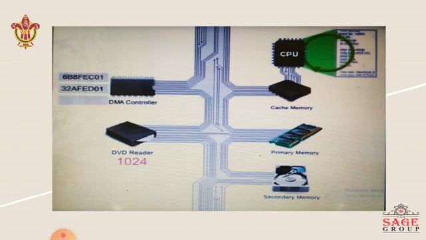The operating system configures the DMA controller with the address of the source, that is the DVD reader, the initial memory address from where input has to be taken, and the total number of bytes to be input. Once configured as required,